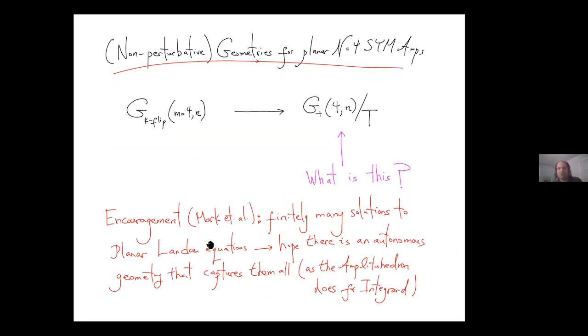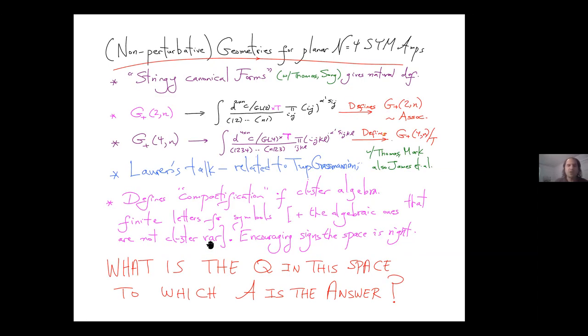But now we have a more concrete question to try to figure out what the positive Rashomonian mod torus might mean. And a general point is that this notion of stringy canonical forms gives a natural definition. If we apply this notion, that's where the language came from to begin with, to the case of the positive part of G2n, then we go from the positive part of G2n to the certain set of integrals associated with